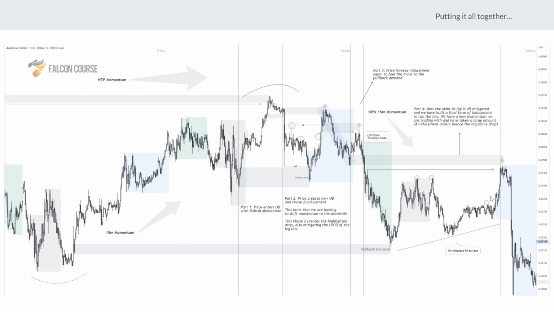Yeah, for sure. So just to answer what you said there, that's kind of where internal breaks really come into play. They show us where we had demand, so we had demand here, and then where we failed demand. To be able to fail demand, we need supply. Doesn't matter if we reverse from here or not, we're still reacting to valid supply. But the fact that we built a lot of inducement under this zone tells us that we're ready to rally down. So we might have a bias on buys, but we've got to look for that imbalance. We've got to look for those open zones that were produced by these internal breaks.